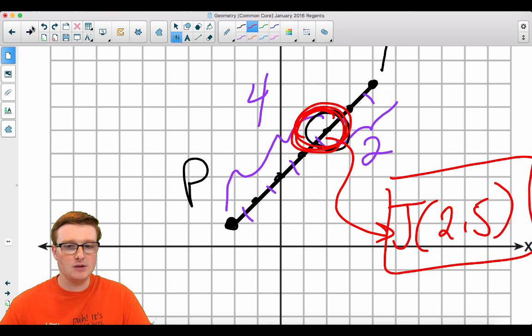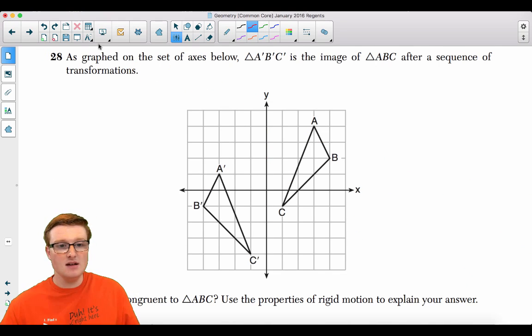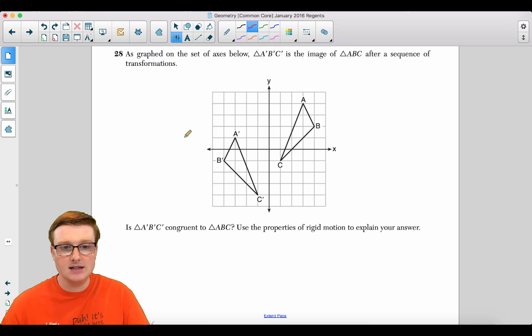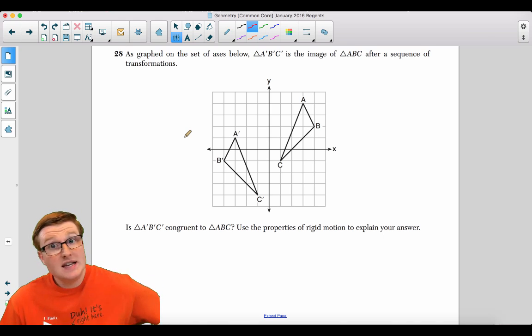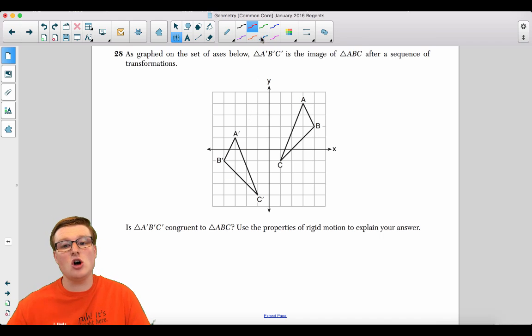All right, moving on to question number 28. As graphed on the set of axes below, triangle A'B'C' is the image of triangle ABC after a sequence of transformations. Is triangle A'B'C' congruent to triangle ABC? Use the properties of rigid motions to explain your answer. Well, this is showing a reflection followed by a translation. And both of those transformations are rigid motions. So we're going to say yes,